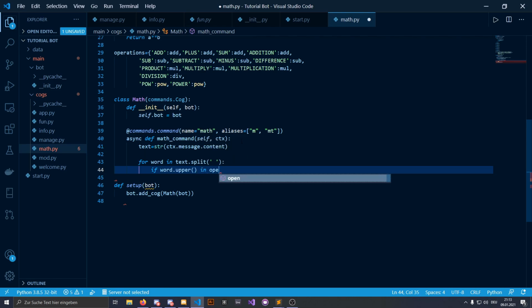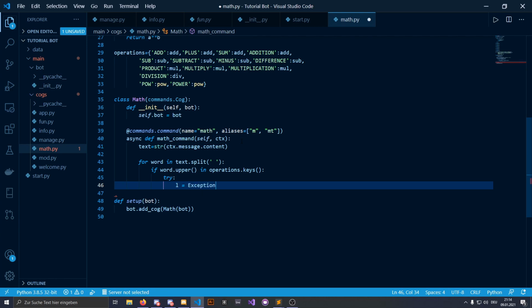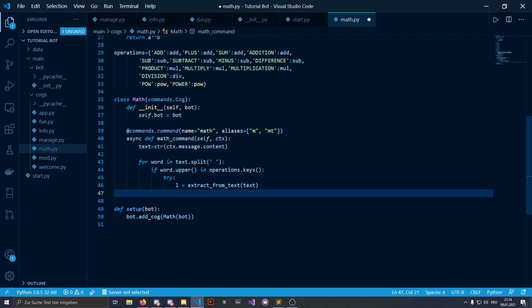in operator in operations dot keys. What keys are? This is a part of dictionary. So, like I said, basically Python knowledge necessary. We're gonna say try L equals extract from text. So we're gonna extract the text we have up here. And R is going to be operations, and on that brackets we're saying word dot upper